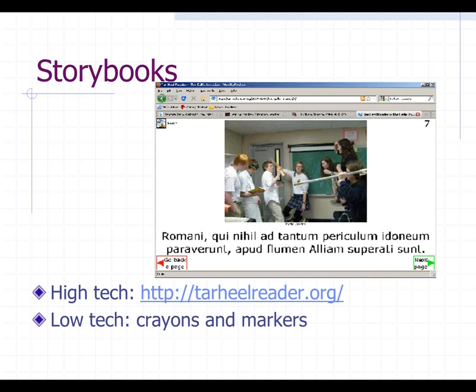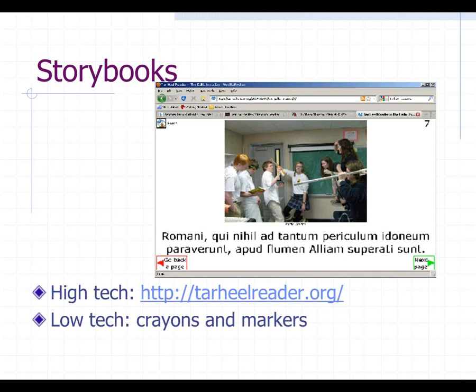I've had them turn in a written translation along with their storybooks. I've had them use the Latin exactly as it appears on the page or summarize it. It really depends on how long you want to spend on the project. The more structure you provide and the less editing of the original story they're allowed to do, the faster it will go.